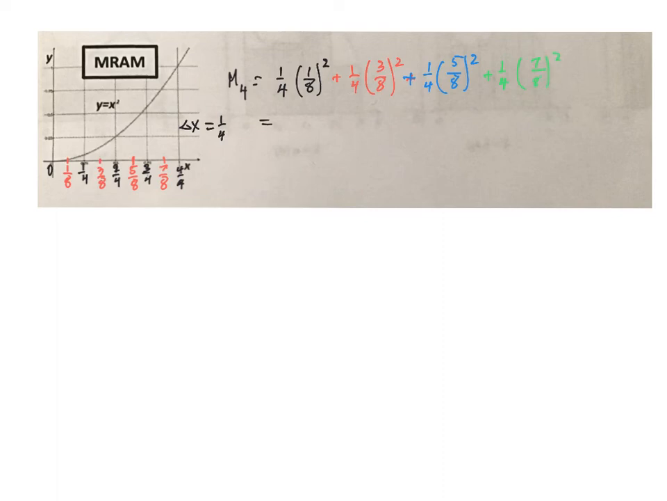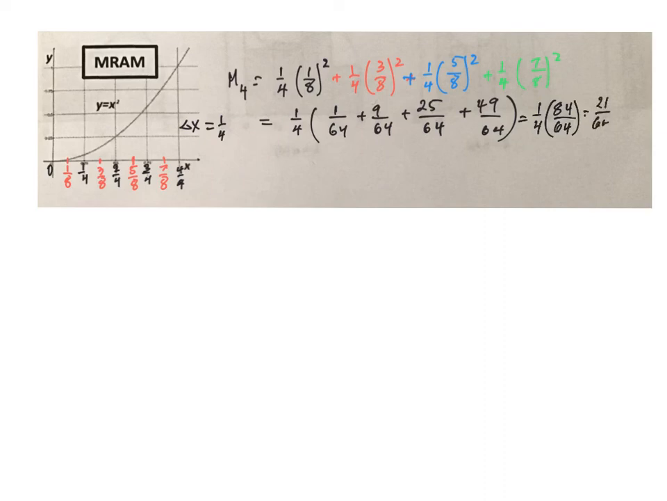Now factoring out the 1/4 because they all have equal bases, take out the 1/4, we have 1 over 64 plus 9 over 64 plus 25 over 64 plus 49 over 64, which equals 1/4 times 84 over 64, or 21 over 64 square units. And as we can see, this is the better approximation because when we draw the midpoint of the height